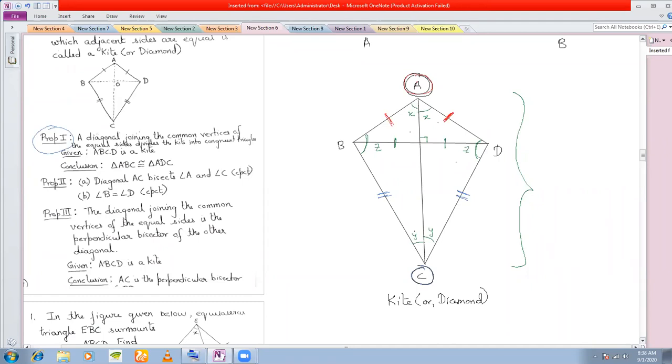Remember that this is not equal to this. These two are not equal, but these two are equal. If I call this point O, then my OB must be equal to OD. That is what this property states. So you can remember it this way: the longer diagonal is the perpendicular bisector of the shorter diagonal. Fine. So this completes our